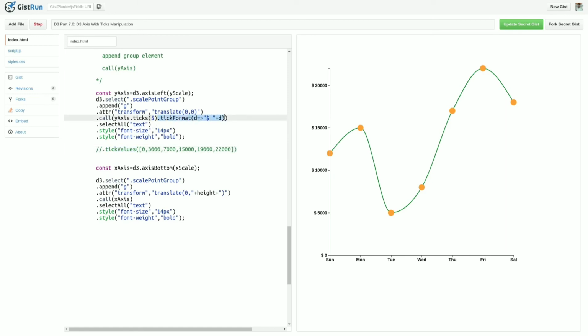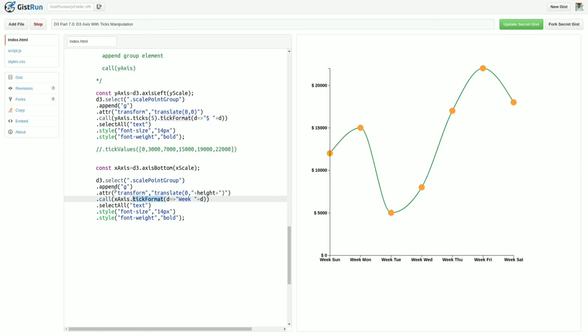So here if I want to format the ticks, then here dot format, so instead of dollar, week Sunday, week Monday, week Tuesday, week Wednesday, week Thursday, week Friday, and week Saturday. You can see that the formatted ticks result is available here.